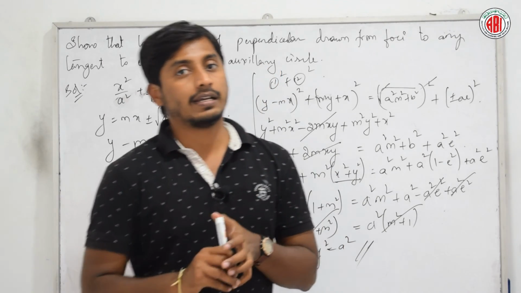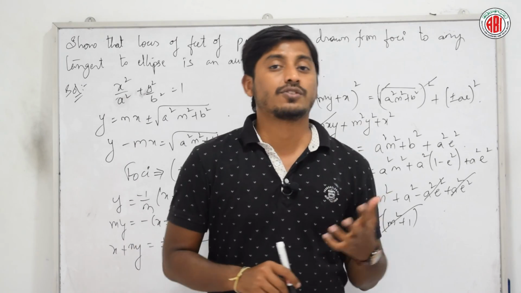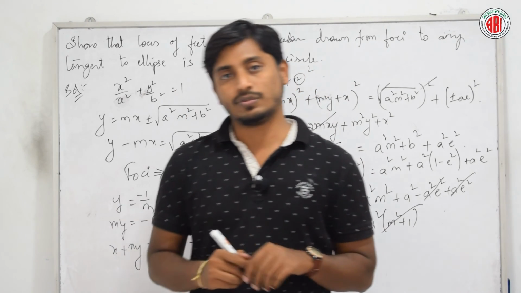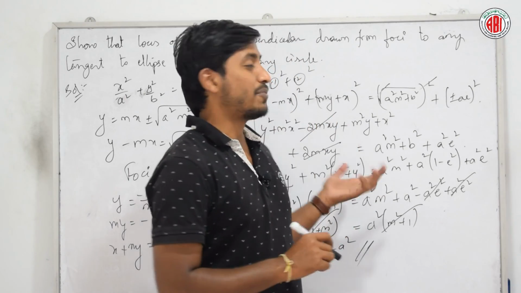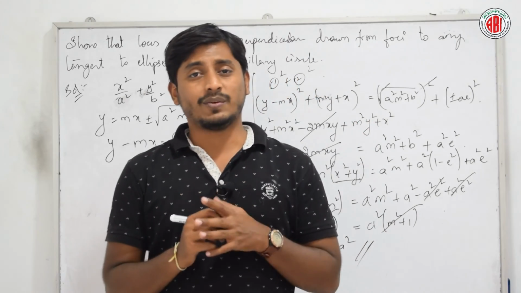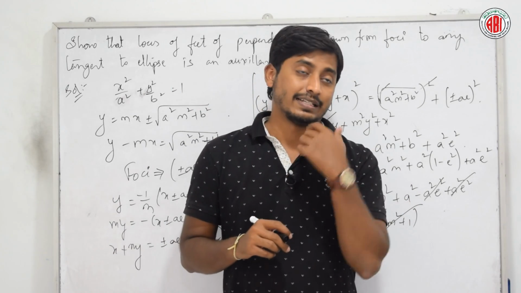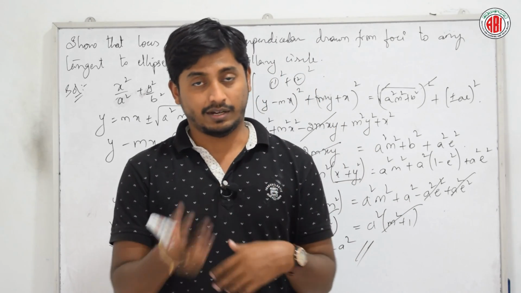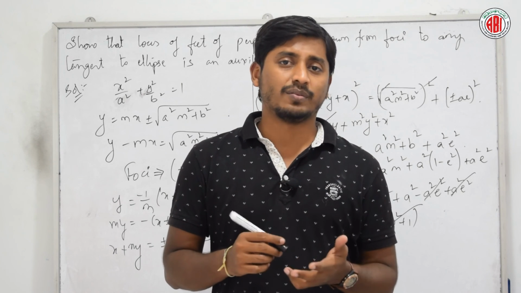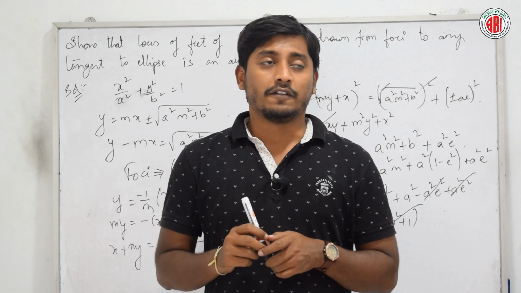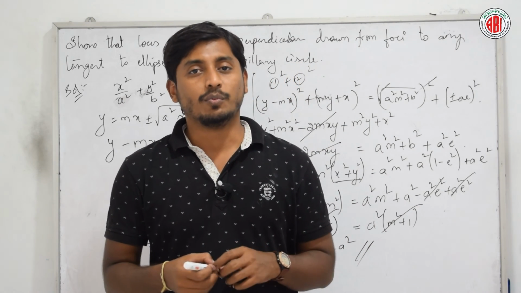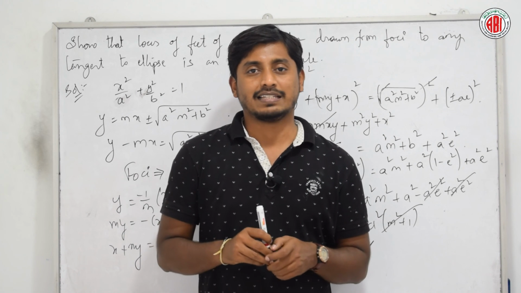Did you understand? Fine. These are all the basic questions of how we solve an ellipse, how we simplify, and all those. Clear? Fine. By this problem we can end the chapter ellipse. What all did we learn? We started with the derivation of ellipse, then standard forms of ellipse, then their formulas and all those things, then tangent, normal, parametric forms. Clear? Fine. This is for today. Let us meet in the next session with more problems of conic sections. Okay.